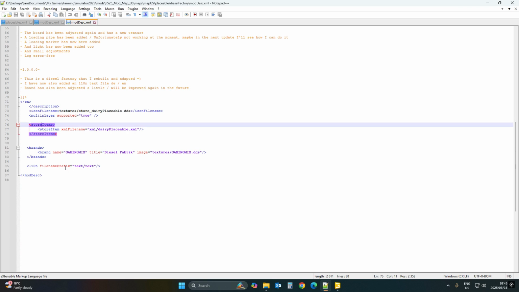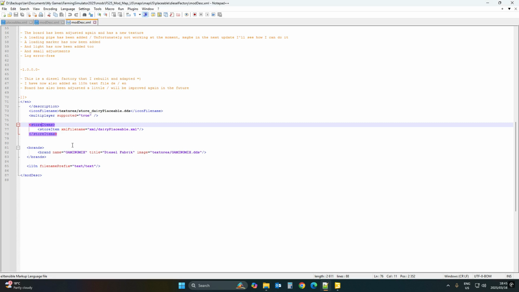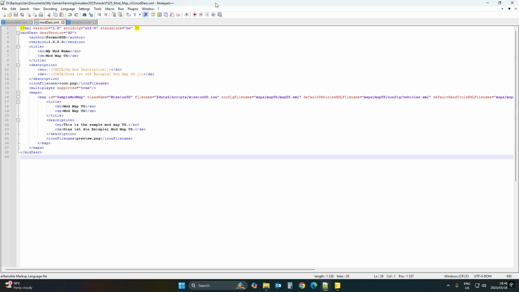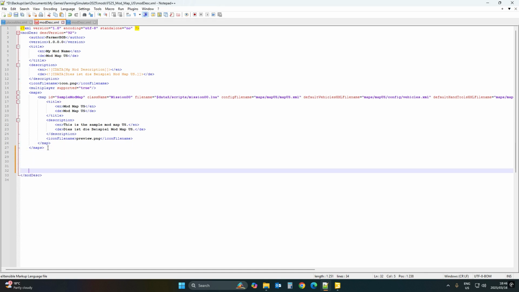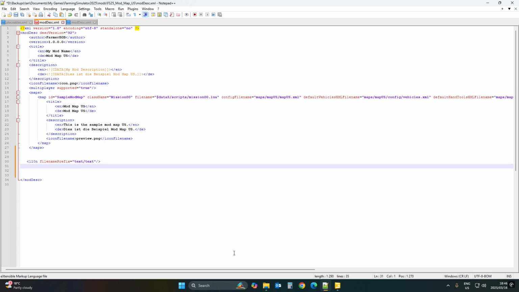Oh, but there is some text. So there is some file name prefixes, so I want to just add that. So in text, I've got text.de and text.en. So I can actually just take that whole thing in the moddesk, this L10, Control C that, go into my maps moddesk, and under the stuff, we're gonna paste that in there,